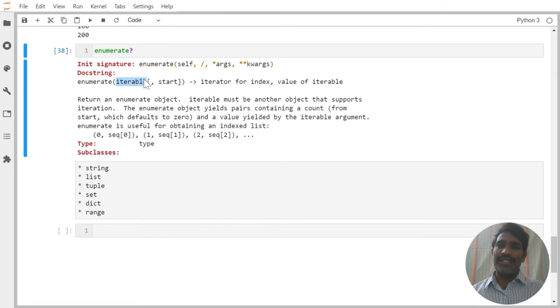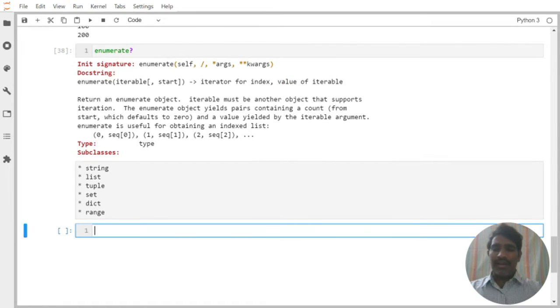Once we pass it, we are going to get the corresponding index and the corresponding values. For example, I am writing here for i in enumerate, and I am taking one string, the string is equal to Python.